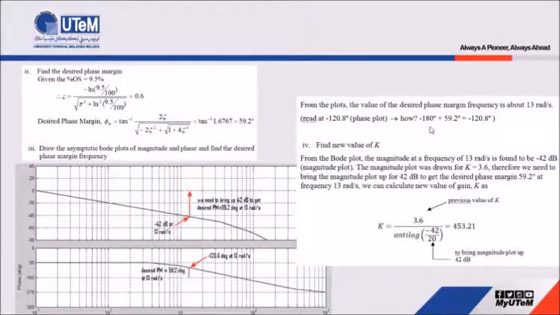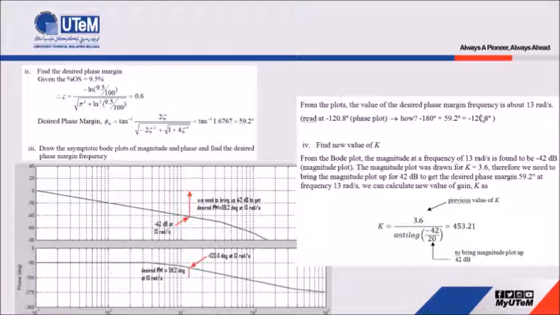It comes from this calculation, using both magnitude and phase to find the phase margin. We refer to the distance from this phase plot to negative 180 degrees, so we apply this formula: negative 180 degrees plus 59.2 degrees, which is equal to